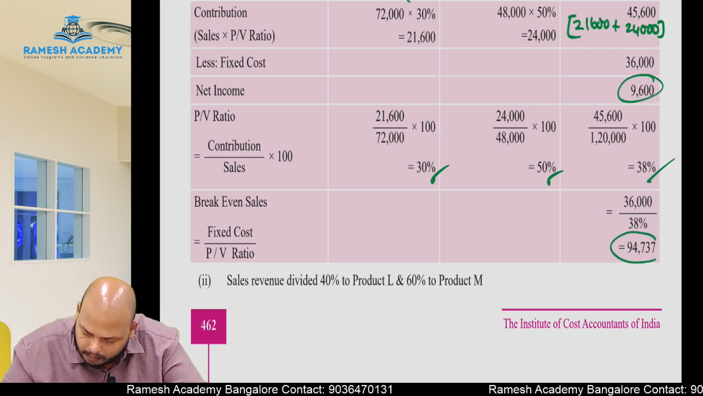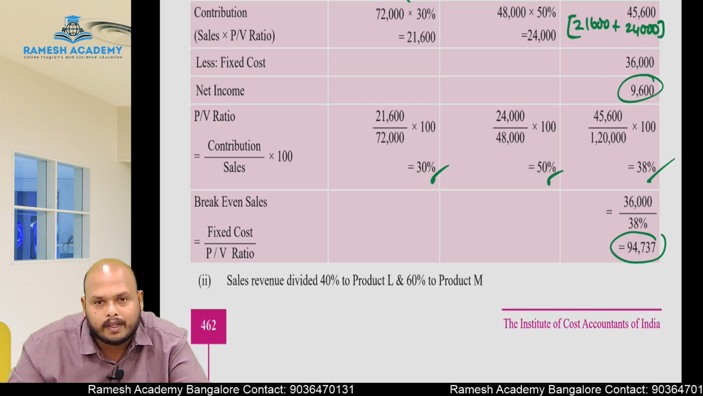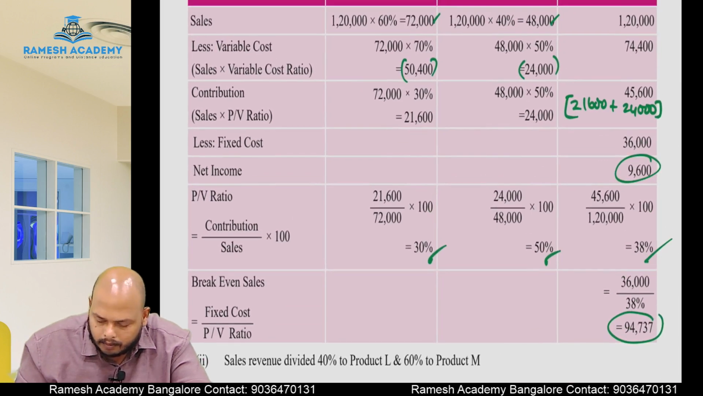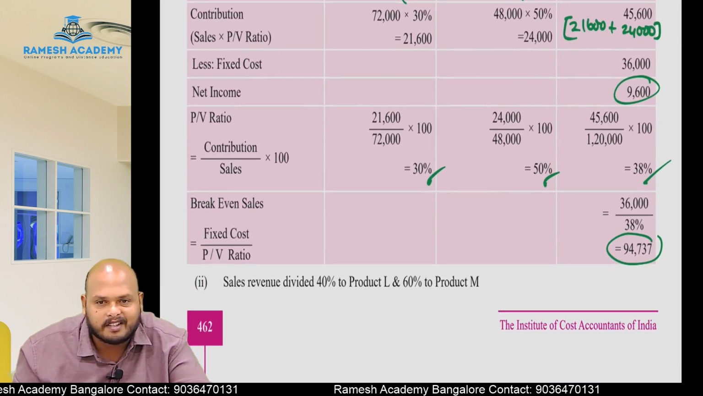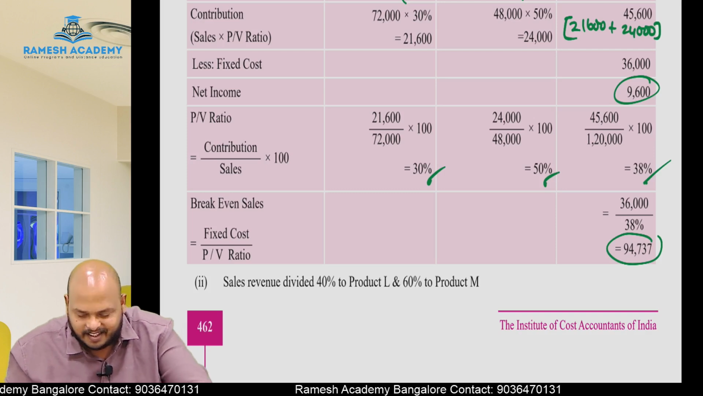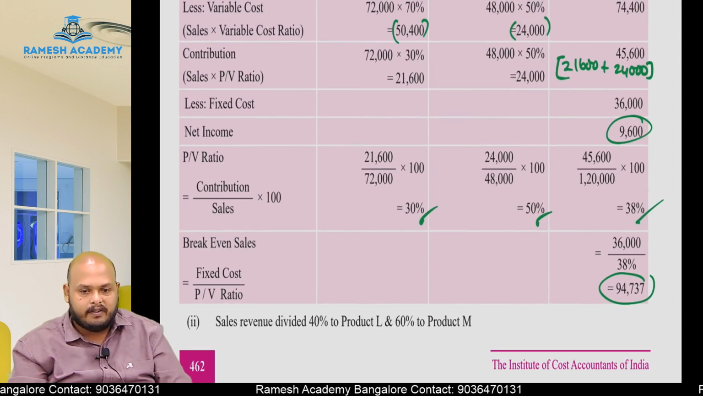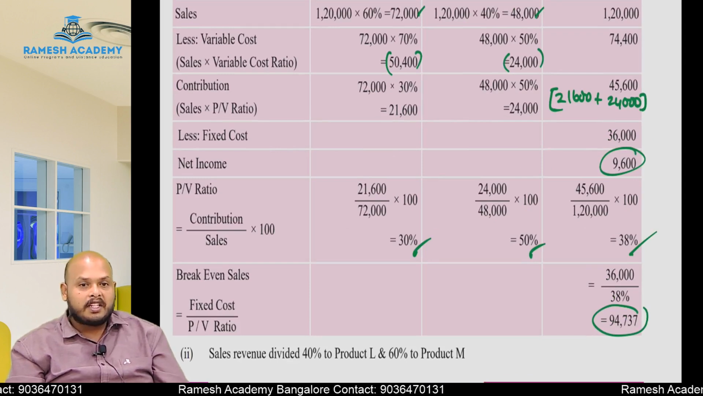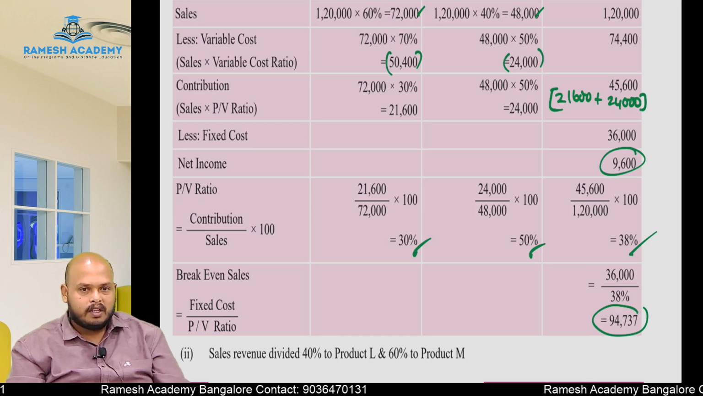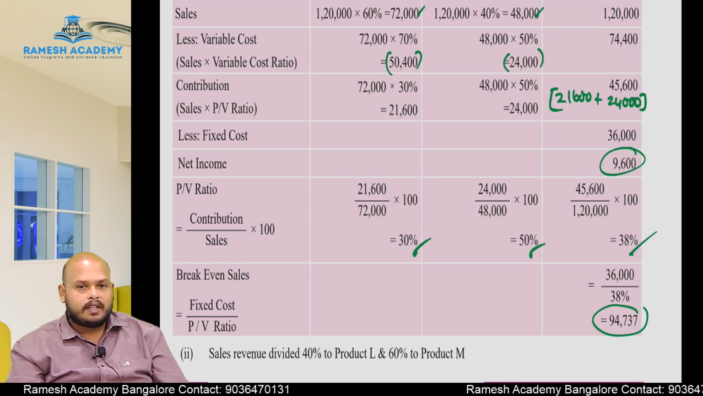So what is the break even point? 94,737. If you want individual also we can calculate the break even point. Break even point individually can be calculated, but fixed cost is not given. Fixed cost is not given, that is the reason we cannot calculate individually. Okay? But sometimes in extreme situation we can apportion the fixed cost. Do you know on which ratio we can apportion the fixed cost? We can apportion the fixed cost on the ratio of